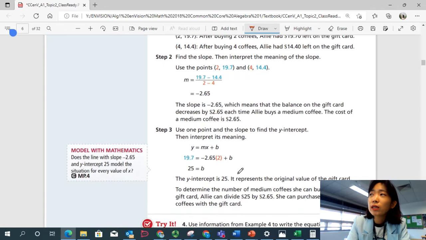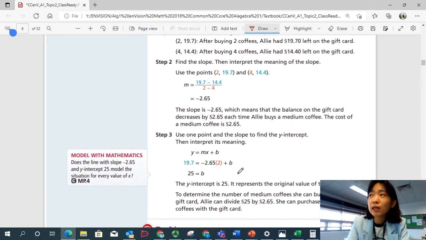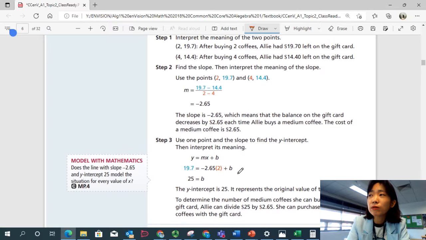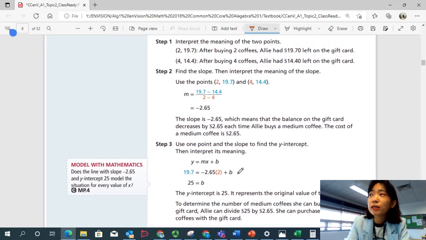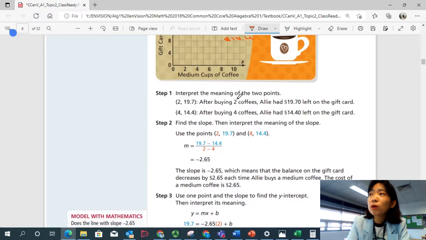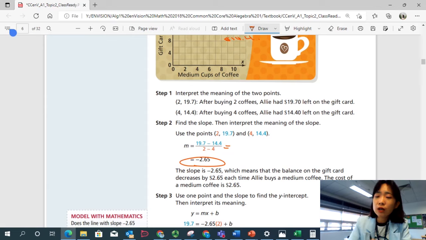Okay, so thinking about what they represent, let's figure out the slope and let's figure out the y-intercept. Using the 2 points and using the slope equation, we can figure out that the slope is negative 2.65. So how do we get a decimal? Once you have subtracted the numbers here,